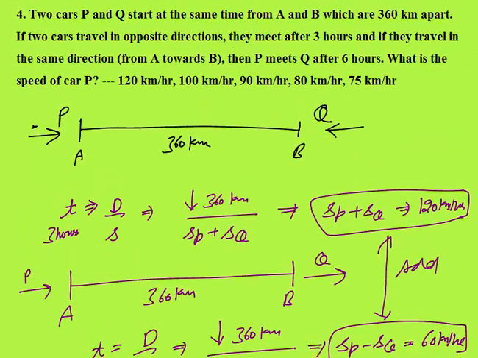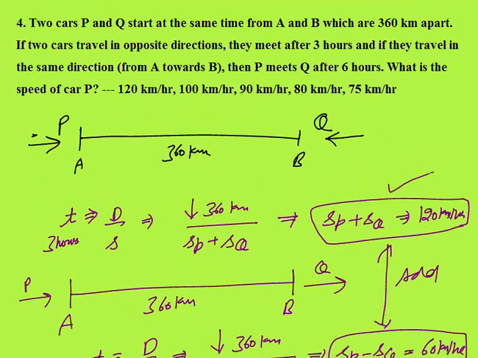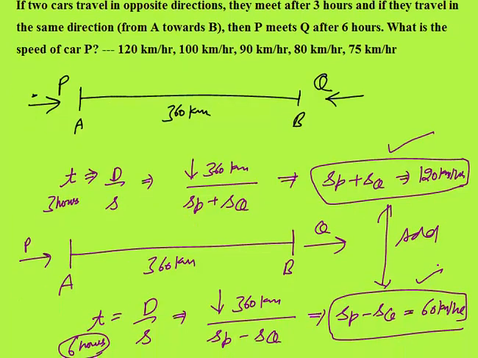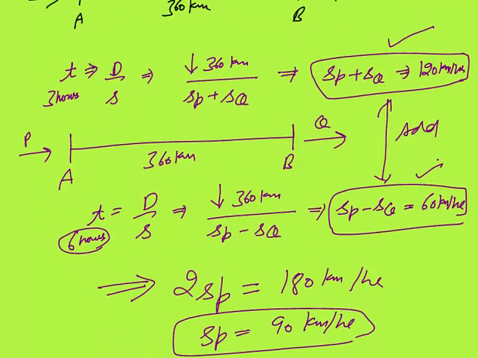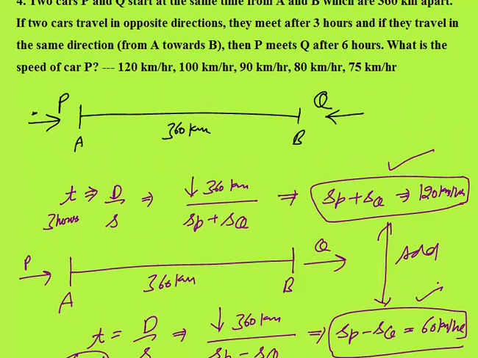If this question comes in my exam, I will definitely make these two equations, this is 1, this is 2, and find the answer. The diagram I am making is just to explain to you. So these kinds of questions can be solved in under 30-40 seconds, and that's how you need to solve them.